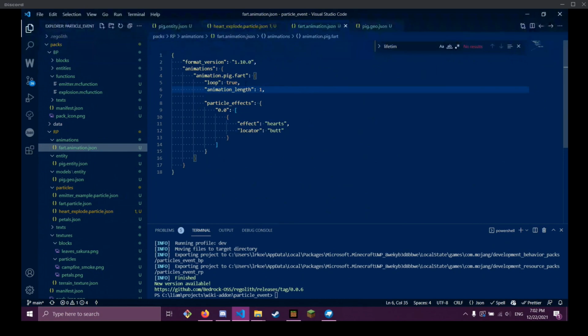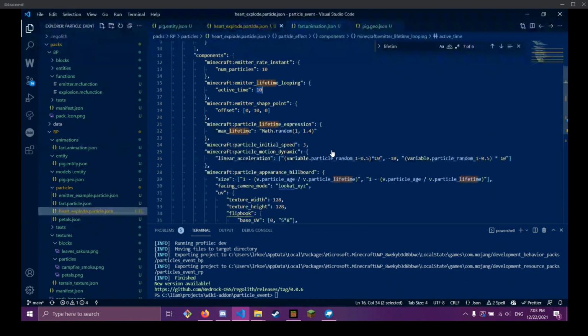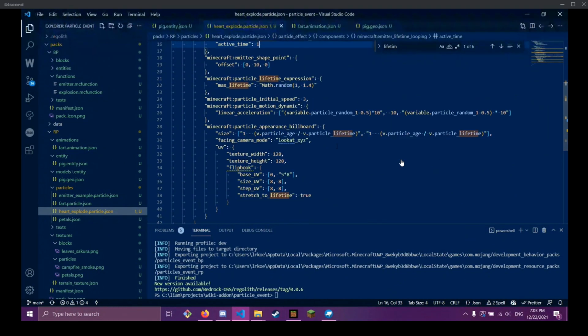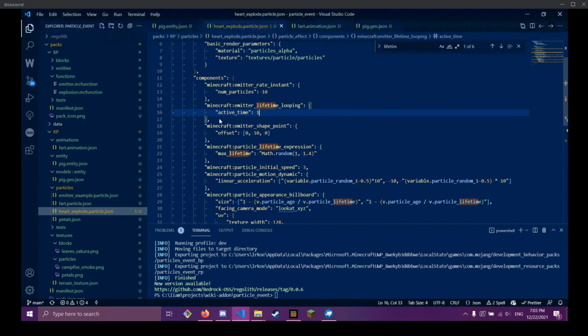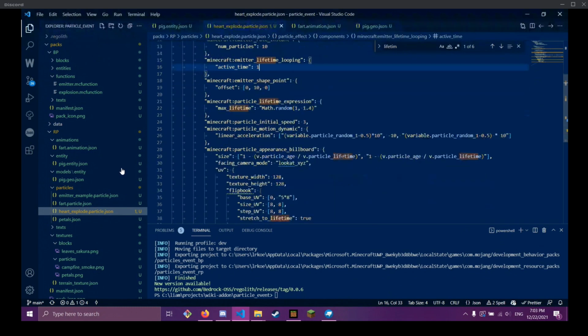I haven't really seen what happens if you set this from looping to false and then set the animation length to an absurd amount, like 1,000,000 seconds. I don't recommend that. It probably is more performant in some ways, but I don't really trust what happens when the client logs in and logs back out again and all that kind of stuff. So I would normally pick this to be a short number here and then match that up with the emitter lifetime so that it's always creating one emitter fresh every second. That's just one thing to be aware of.